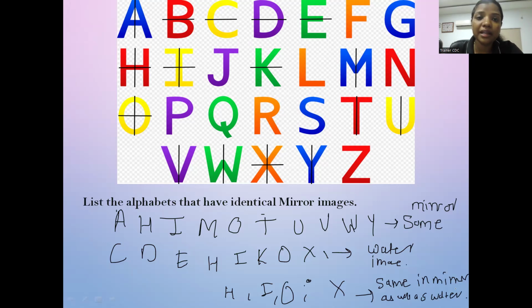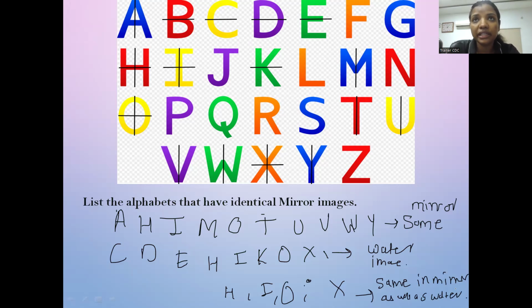But apart from mirror and water image, they can ask you a few questions from the figures. They can ask you to find out the next figure in the series. So at that time, what you have to check are the problem figures. You have to get the clues or patterns from each figure. Suppose in one figure there are some small figures. So there you have to find out the clues. You have to check the moving,